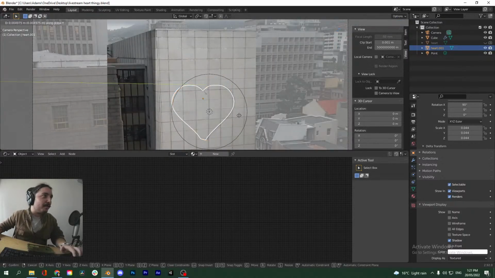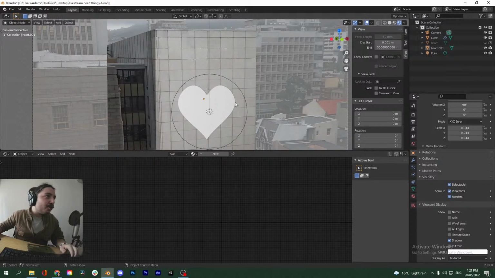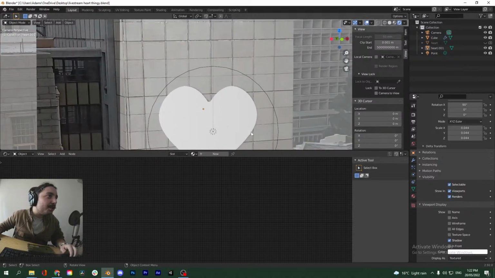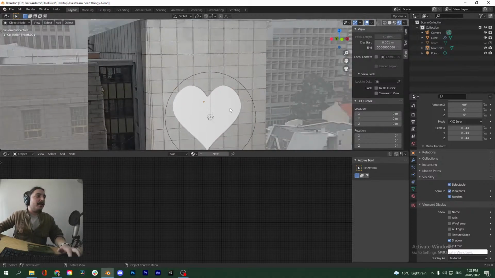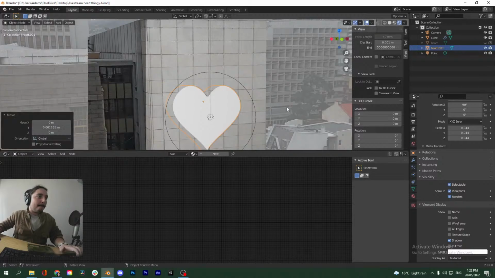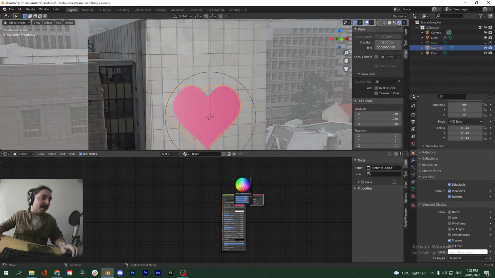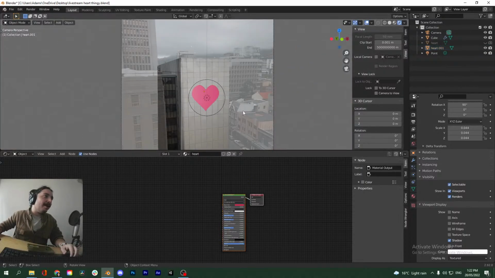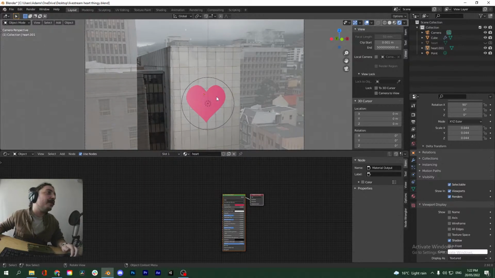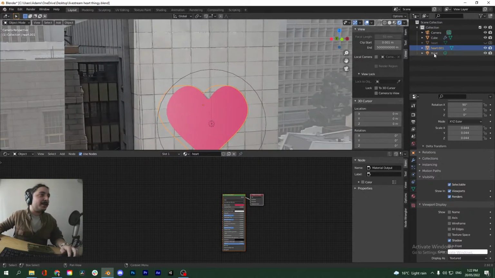Let's move it back a little bit just so we can get that nice edge. You want this to look somewhat engraved. So there you go, you have that edge. Then we can add a material for it, name this heart, and make that red, and now you have a little love heart engraved in the building next door.